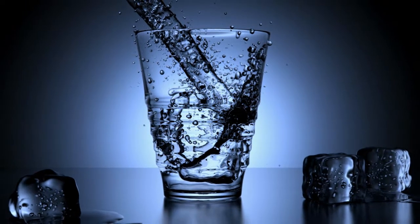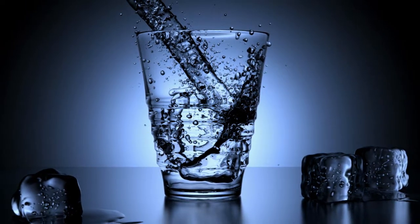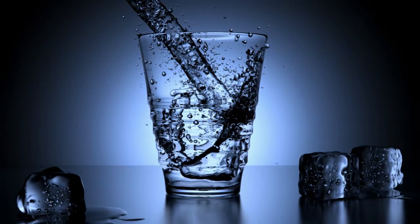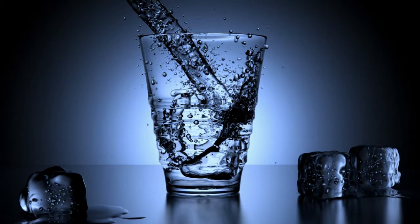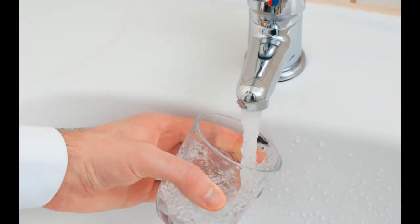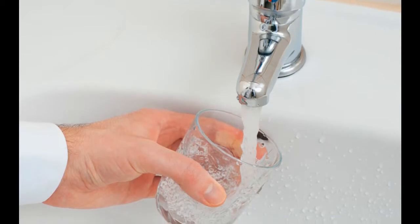This is not as much water. You can store a few of these, but these are better. They taste better, although the taste of these is not bad. But it's better to have both of them, because if you forgot to change it out, and this is 4 years old, at least you know these are still good. You can still use this to fill your radiator if you had to, and I've done that. Fill your washer